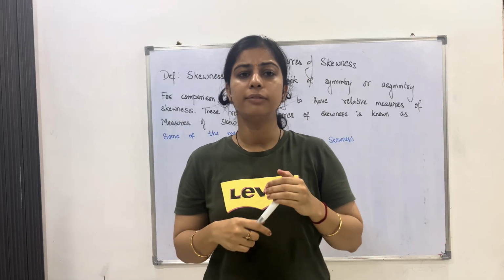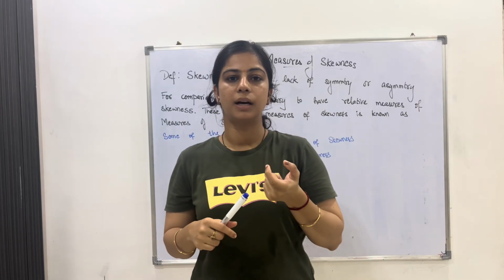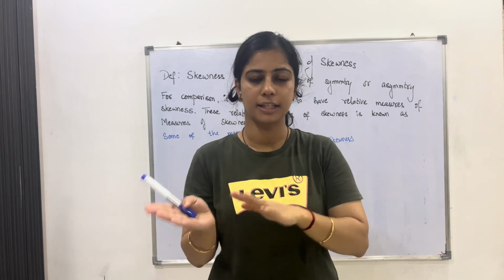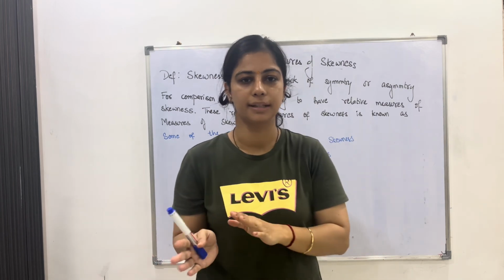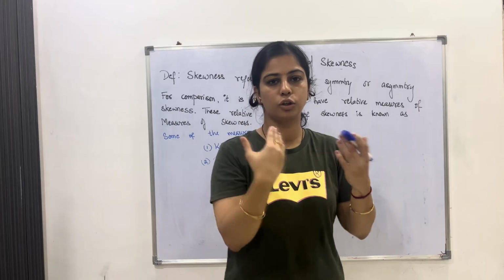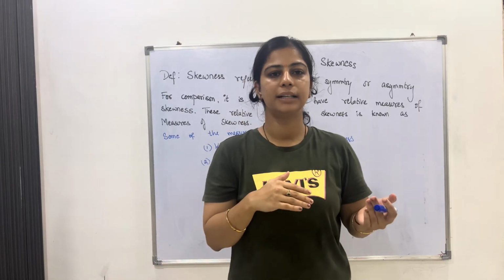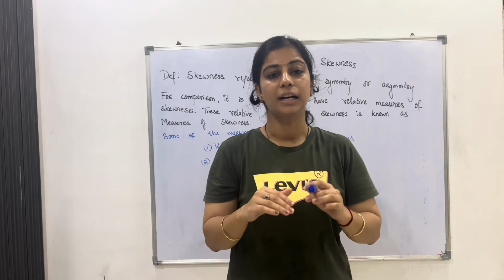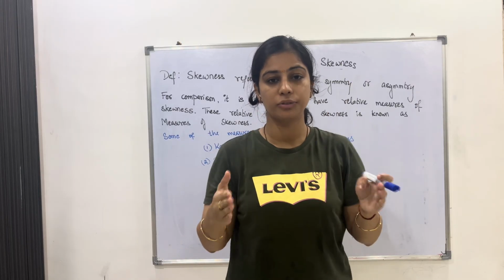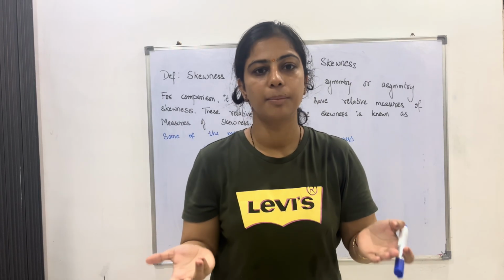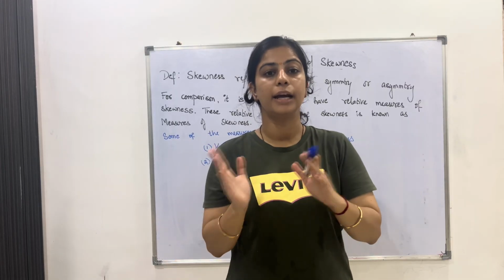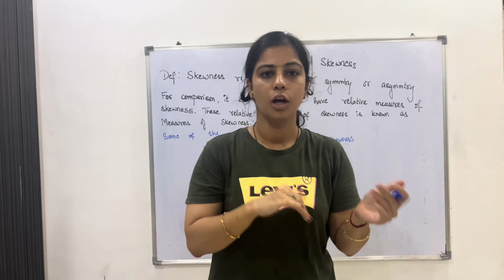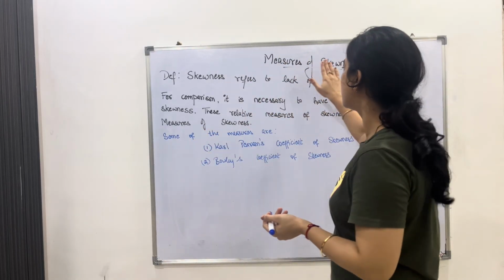But what if the single value which we get can be the same for two sets of distribution? What I mean by this, for example, you have two sets of data and the mean and standard deviation are the same for both sets of data, but the distribution, the shape of the data, might differ in both the cases. In order to see whether the shape is symmetrical or not, we find out measures of skewness.